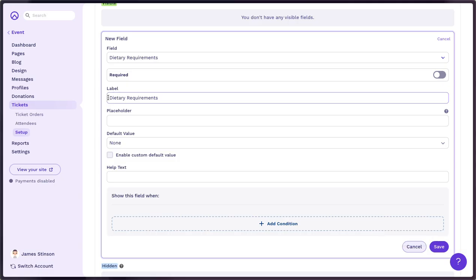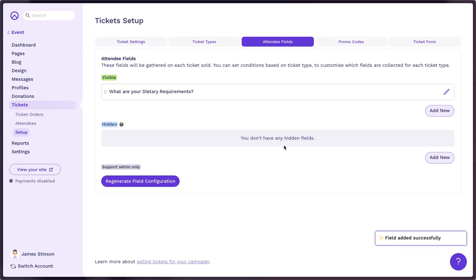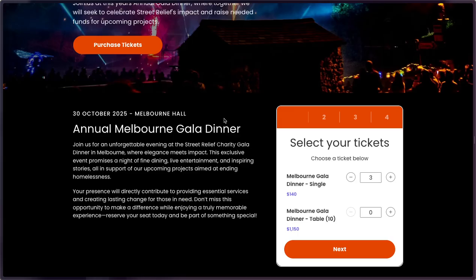I can change the label. What are your dietary requirements? And put it, so it doesn't actually have to be this, the label doesn't have to be the same as the field name, which is really helpful. I can add a default value if I like, and a few other settings going on. If I simply select save, and I now have dietary requirements there,